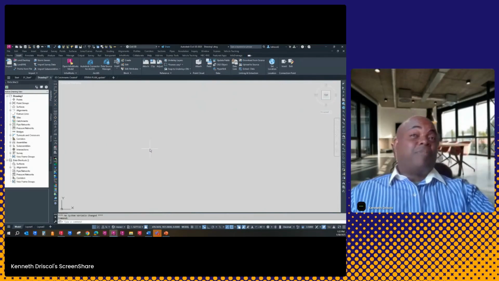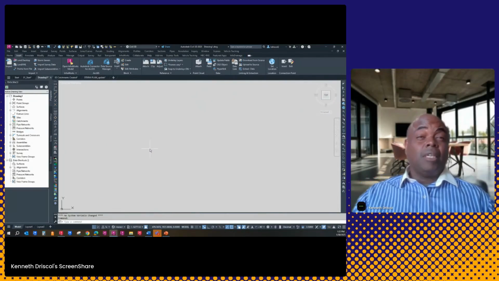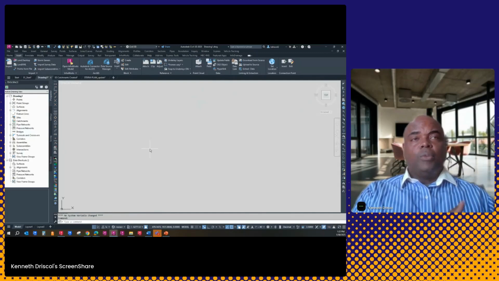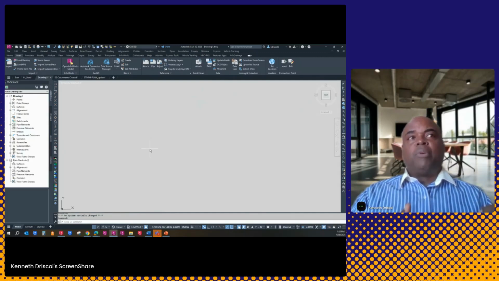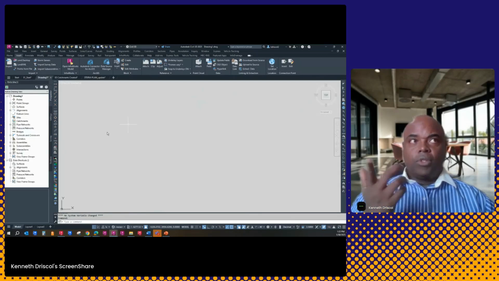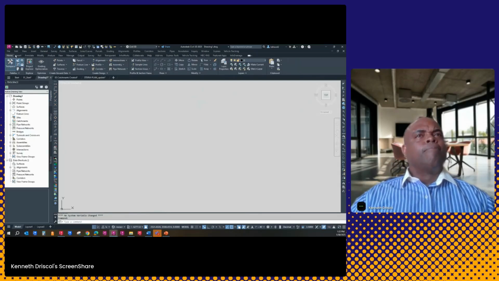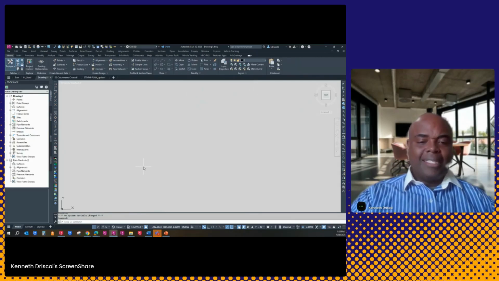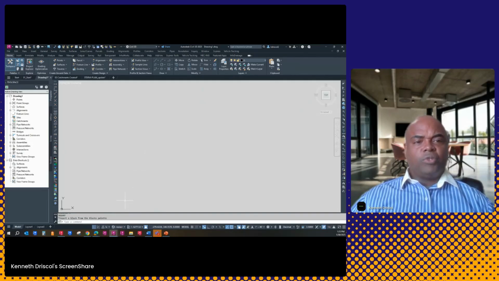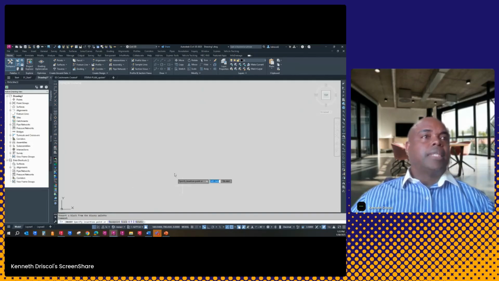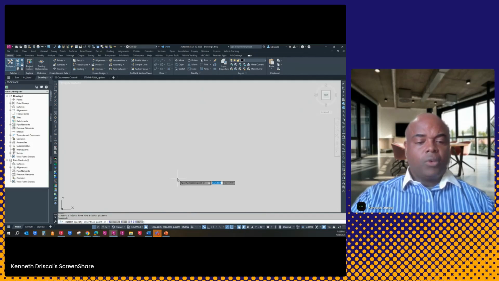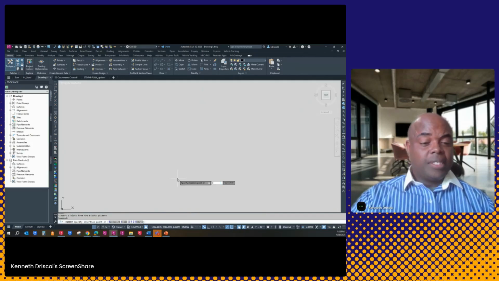So what about this thing with InfoDrainage? Because we have these catchment areas. Well, these catchment areas, I want to be able to bring into a drawing. So one, if I go to my home tab, let's just insert. Let's see if I can bring this into a drawing. I want to insert a catchment area. So these are going to be my catchment areas. So I'm going to select